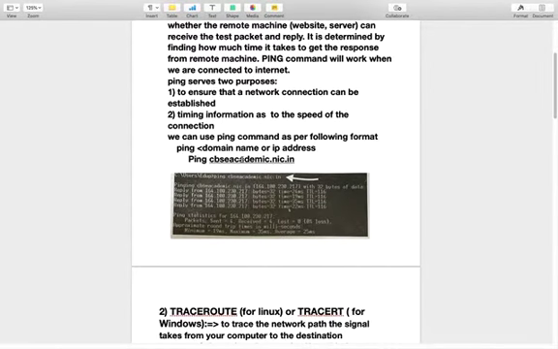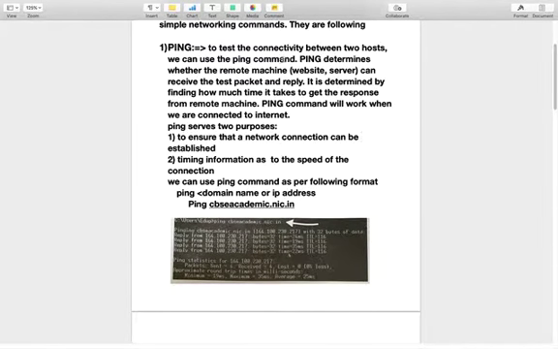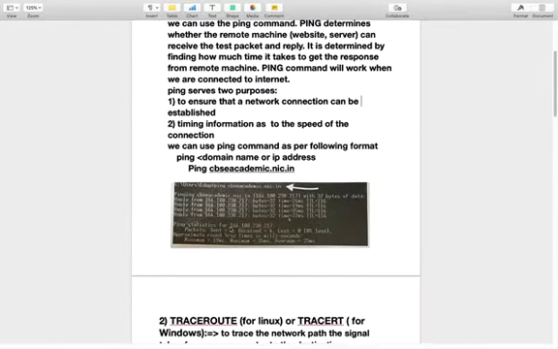If you want to use the ping command, first of all we open our command shell program, or DOS program, or CMD program in our computer, and we write ping and whatever server we want to check. Here we write cbseacademic.nic.in. After this it sends a reply. So it confirms that the connection has been established and connectivity is confirmed. Ping statistics also display how many packets were sent and how many packets were received.